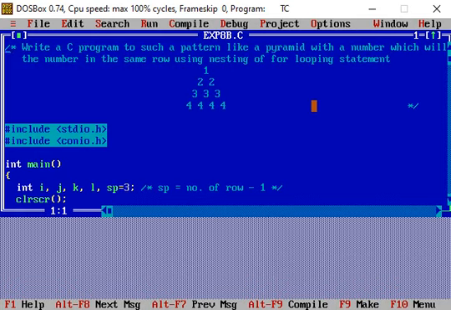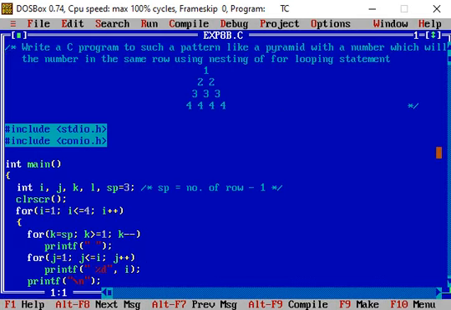The file gets opened. So in this window, here we see: write a C program to print a pattern like a pyramid with a number, which will print the number in the same row, using nesting of the for loop.